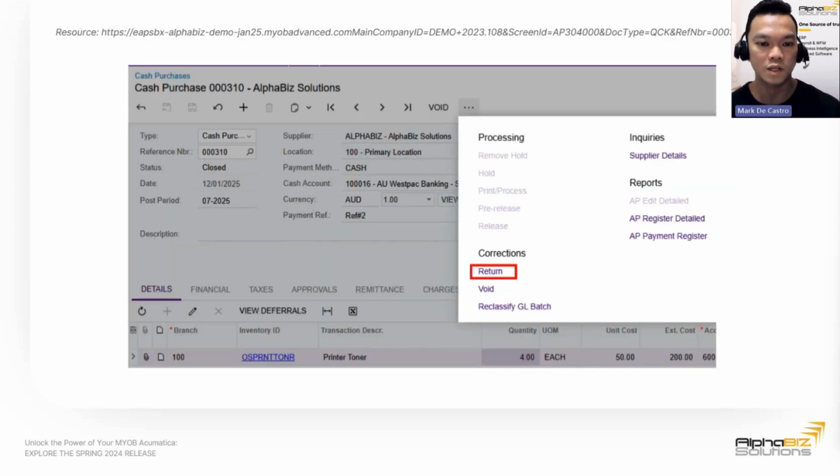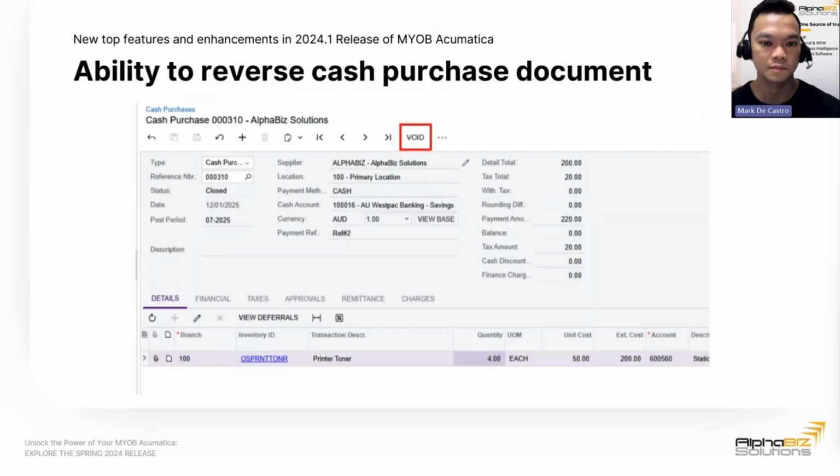But with the 2024.1 version, sorry, just go back to the slide, please. Users will have the ability to return cash purchases to create a full or partial refund for items that are paid for immediately. In the screenshot we presented on the screen, we purchased 4 printer toners from Alphabis, but we decided to return one item. Previously we would have to void this transaction and create a new one. But what if I just want to return one item? So if you go to the next slide,